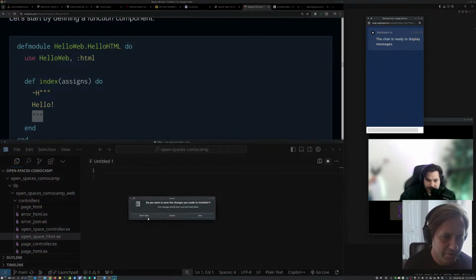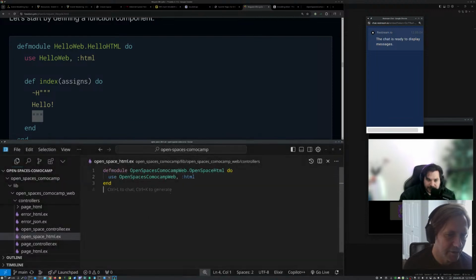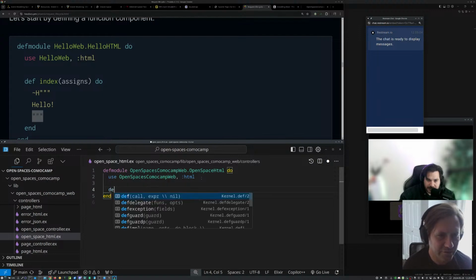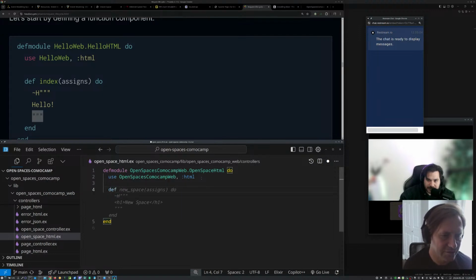Okay, don't save that. Let's actually do that and see if it works. The def is new space. I think I renamed it to new, but it still thinks it's new space.